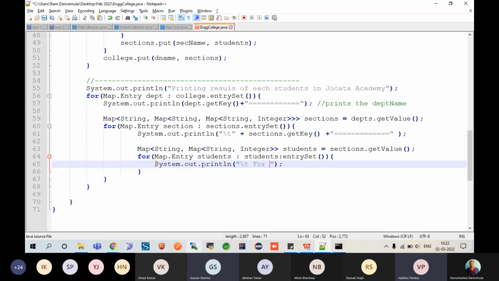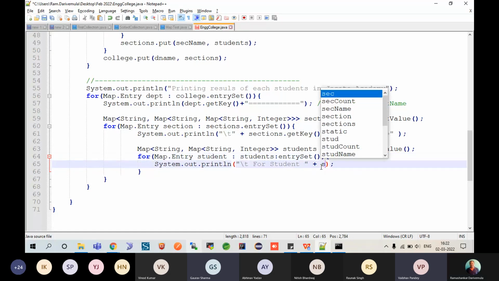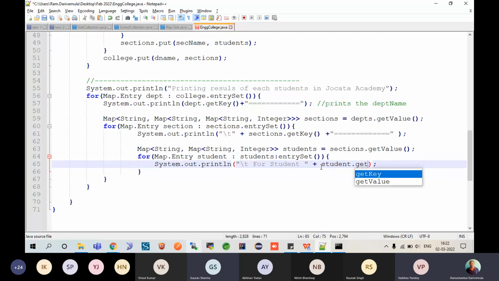So for each student, now I will say system dot out dot println slash t. इसमें स्टूडेंट का नाम आना चाहिए ना मुझे, राइट? सो आई एम सिंपली सेइंग फॉर student Ram, something like this. A student, and I'm taking his name, right? I'll say this one for each student I'm saying. So here I'm supposed to say student dot get key. So I got the name,